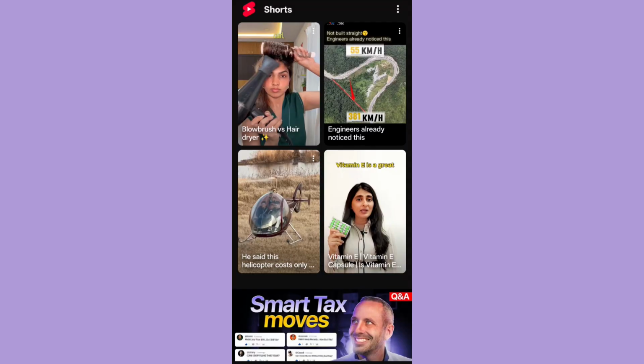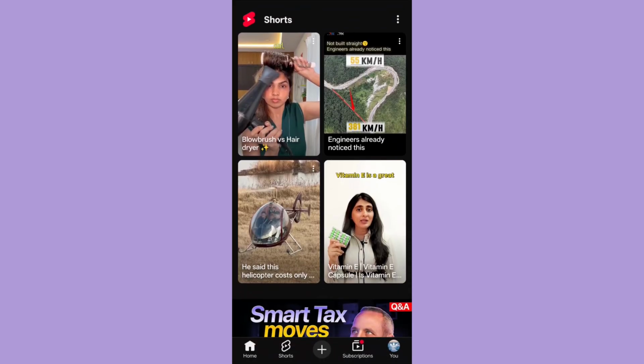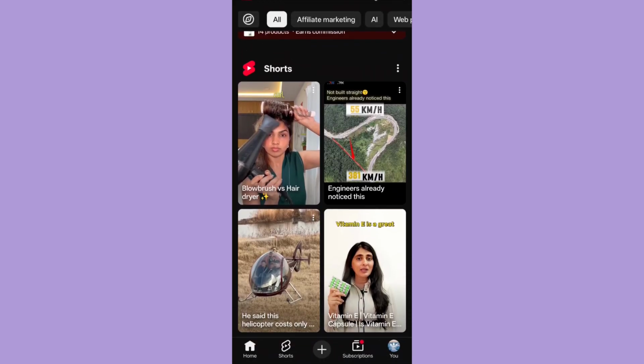Now here is an important thing that you need to know: YouTube does not provide you a permanent disable Shorts button, but there are a few simple workarounds that you can do. So one of the easiest methods of getting rid of the Shorts from your home page is by hiding them manually. So whenever you see this type of clutter of Shorts on the home page, just simply look for